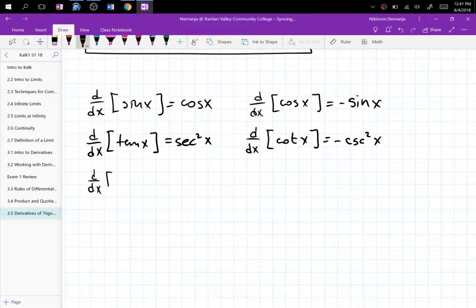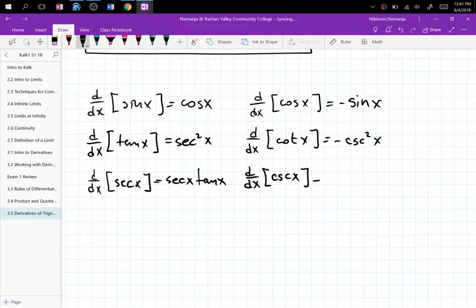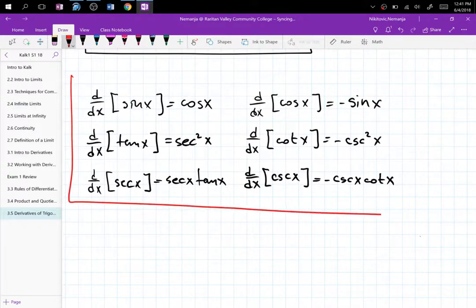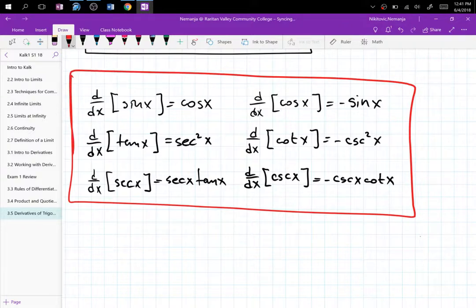The derivative of secant x is secant x tangent x, and finally the derivative of cosecant x is negative cosecant x cotangent x. So this is the summary of all trig